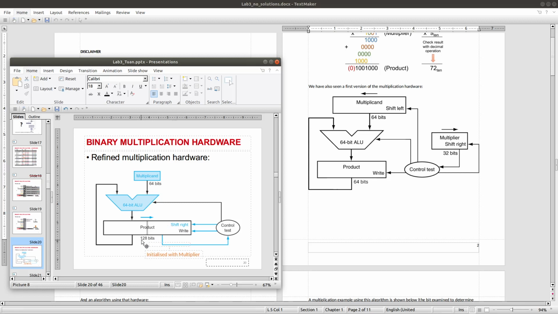So in total you will need 192 bits in total, but for this version, the first version, you need 64 bits.